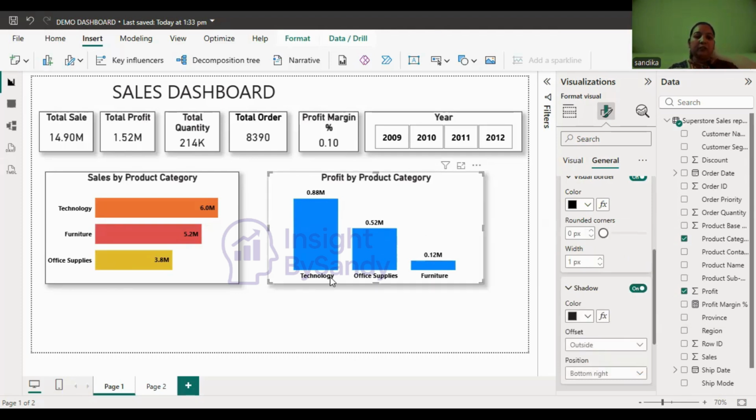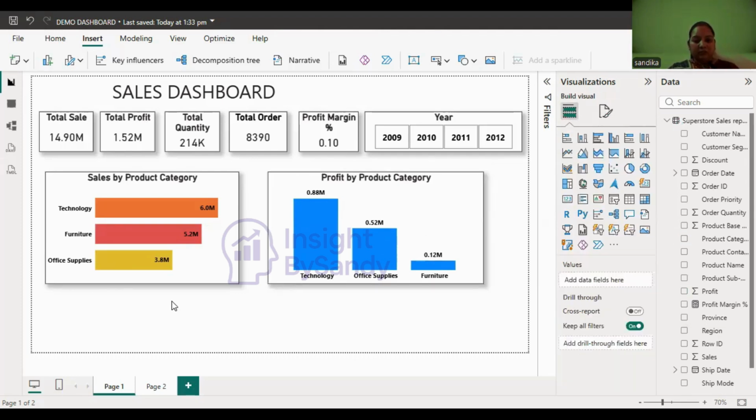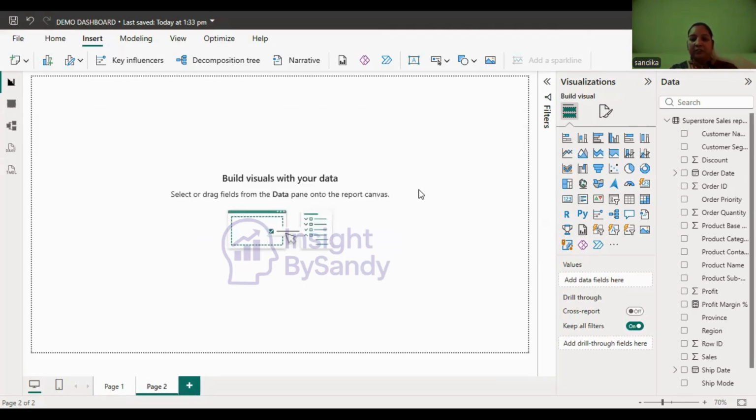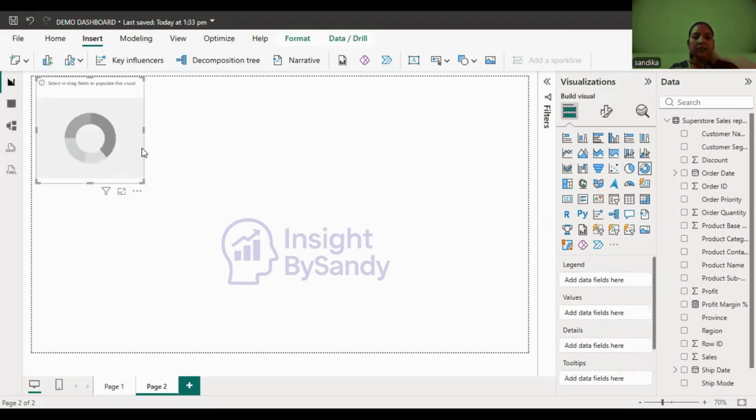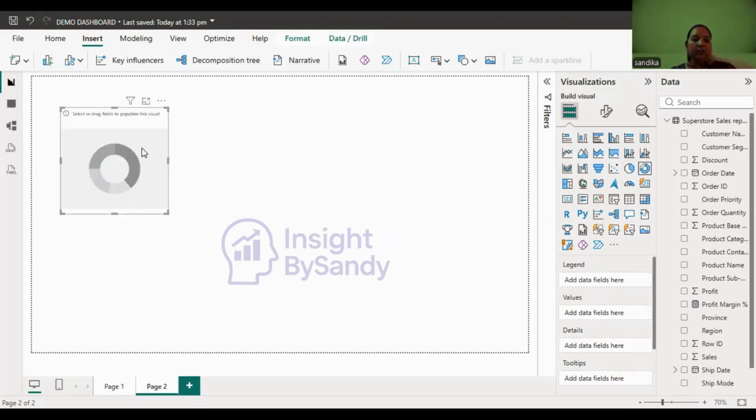So now here you have learned the formatting of the bar chart and column chart also. Now let's go to the donut chart and pie chart. For the donut chart, I'm taking a donut chart here, clicking here. Now we will take another category. Now we have seen up to product categories. Now we will go